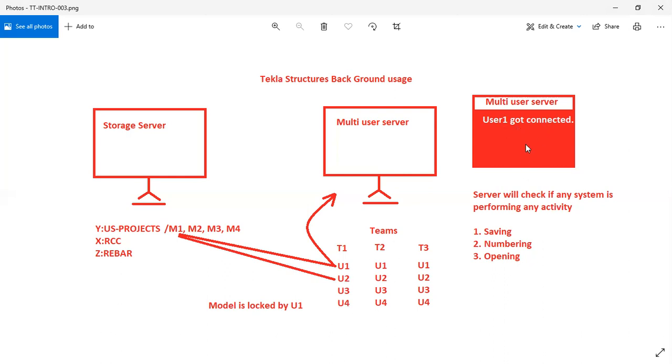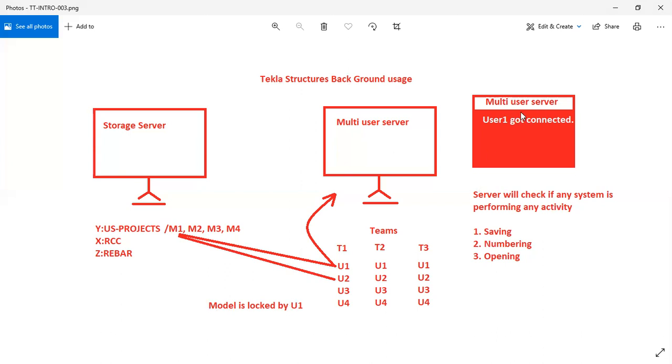So hope I'm clear on this: whenever, say, user one is accessing the model, he's opening the model, right? So that opening process is started now on his system. It will take say 10-15 minutes to open that model, depending on the size of the model. At that time, the model will be locked by user one, and that action will be performed by multi-user.